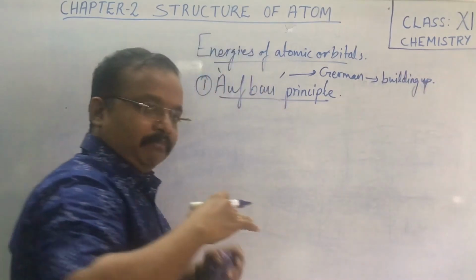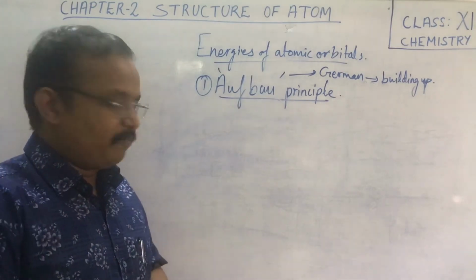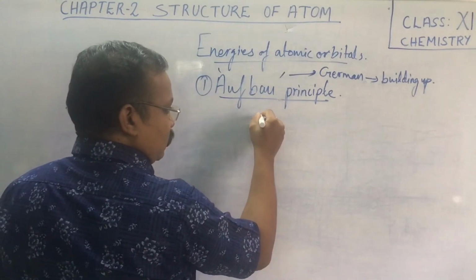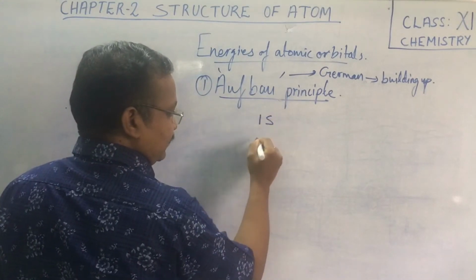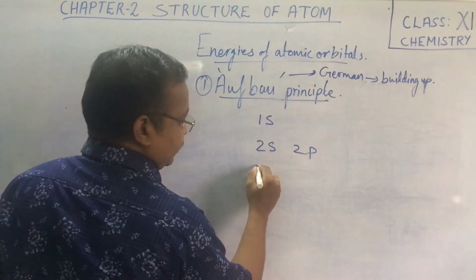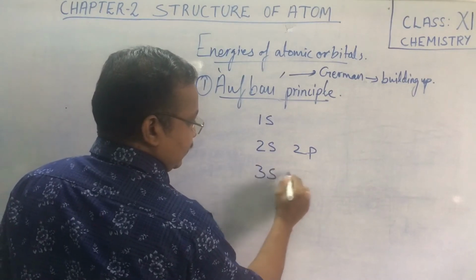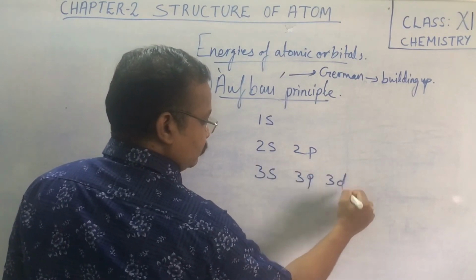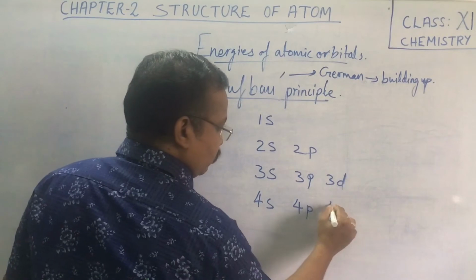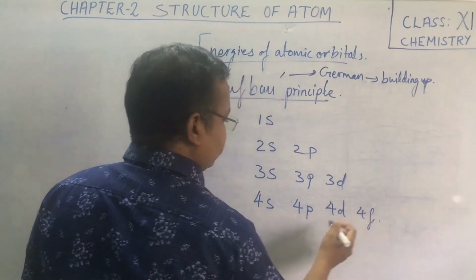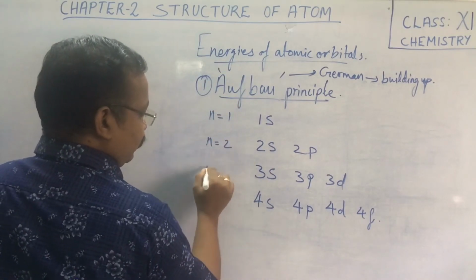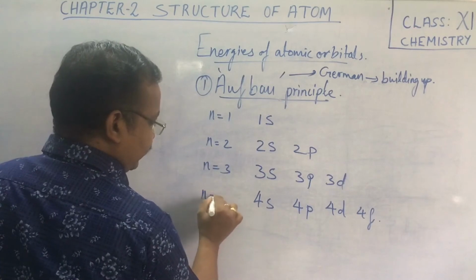So how do we build up electrons one by one? Here you have to study certain steps. In the first orbit we have 1s only, then in the second we have 2s and 2p, as I have already discussed with you. Then in the third energy level we have 3s, 3p and 3d also, and 4s, 4p, 4d, 4f. This is our fourth energy level. This is when n is equal to 1, this is according to n is equal to 2, when n is equal to 3, and this is according to n is equal to 4.